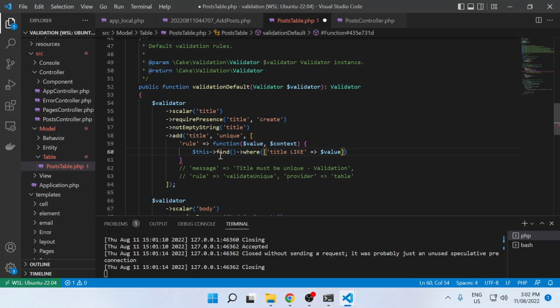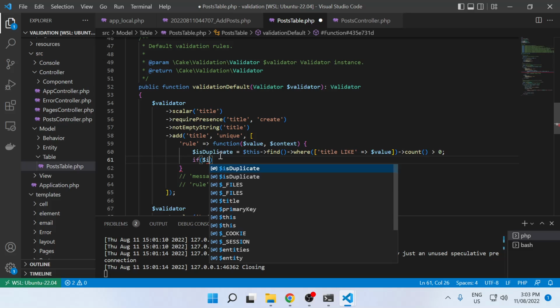But sometimes, and because I'm using SQLite, SQLite seems to not do case insensitive matching, so putting like in here enables SQLite to match on uppercase test, lowercase test, if that was the word we're looking for. So we do this and we say, okay, I'm getting a count, and I want a boolean, so if the count is greater than 0, it's a duplicate. So if it's a duplicate,